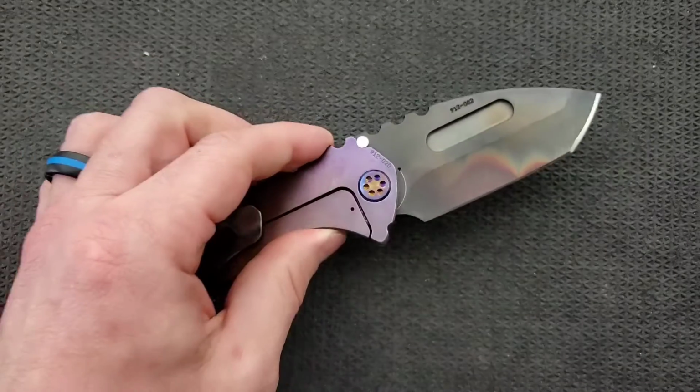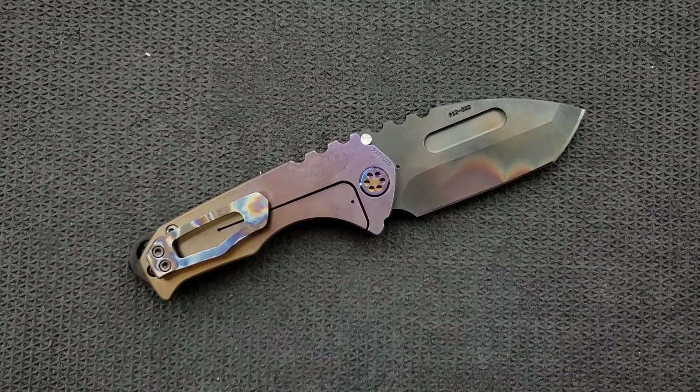Titanium on steel, a carbonized titanium lock face is fantastic for a couple of reasons. Number one, it work hardens. It'll lock up harder and harder and harder every single time it locks up. It might wear a little faster than a titanium insert, but I've never seen a Medford that has,